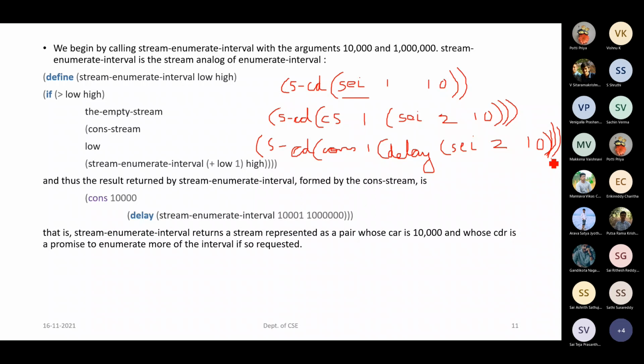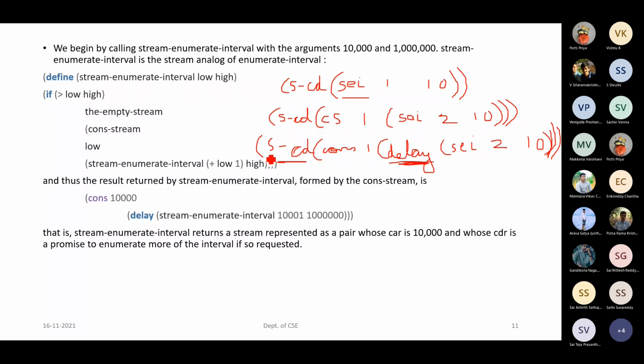Now I have cons of 1, delay of this one. If I have to remove this delay, only then will this procedure call happen. So how can I remove this delay? For that, I apply this stream-cdr. When I apply some sort of force to it, only then will this delay be removed.